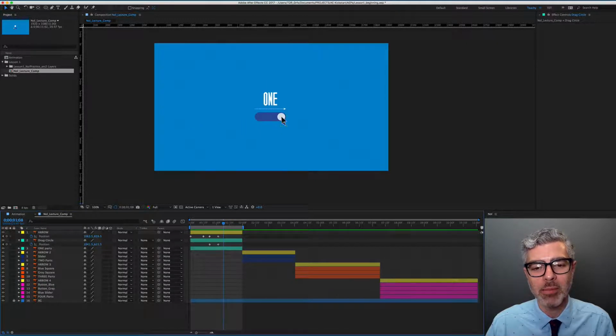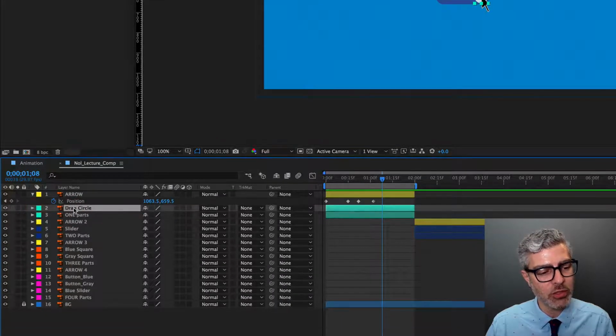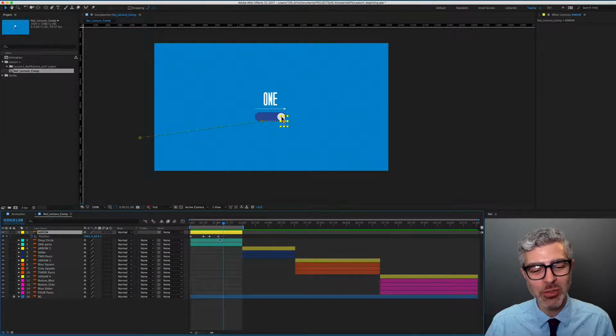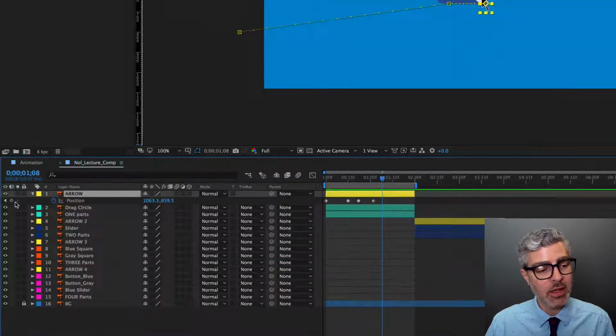And now I need to animate the arrow to move off screen, okay? So I can now close down my drag circle, because I don't need to think about those timings anymore, though if I adjust them, I do need to think about them later. And now I need to once again make essentially a pause right here for this arrow. Another way that you could do this, rather than copying and pasting, is a little button over here, which we haven't talked about. Well, actually, I think we did in 25 steps, but again, we went quickly, so I'll go over it again. This button will make a keyframe for whatever value the property happens to read at the moment. Because there's no animation happening after this, I know that the value isn't changing at all after this, right? Because it's not